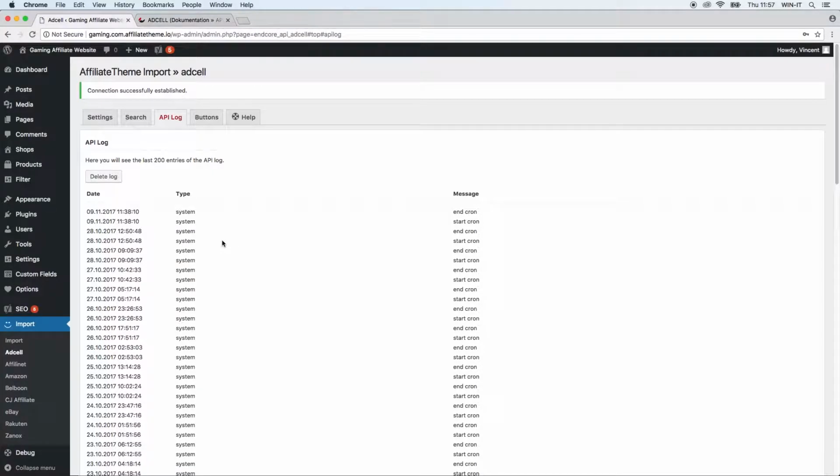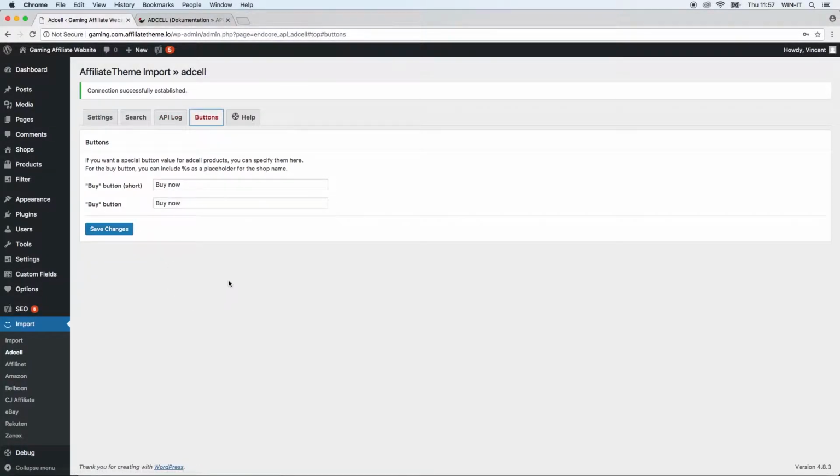So you are wondering maybe, well, what do I need this log for? I'm an affiliate, I don't want to deal with all the technical details here. Well, just imagine you imported a product and it's updated and you see that something's wrong with it. I don't know, an image changed or disappeared, and you want to know why and where this comes from. So you can just take a look at the API log and maybe see what the message says here when this event happened, and this might give you a first hint to solve your problem.